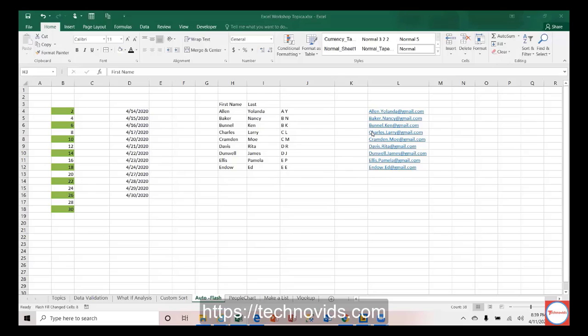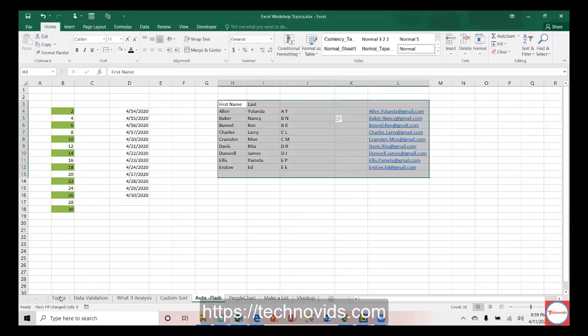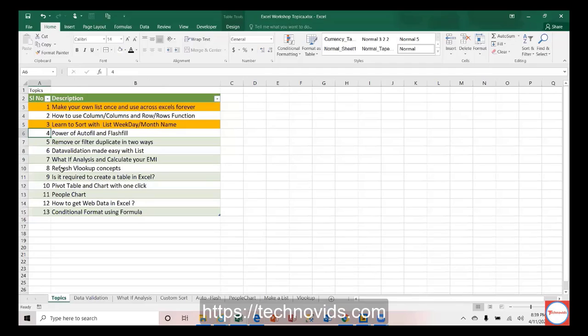That is also possible. There are a lot of features available with flash fill, so kindly make use of this as well, which is a very useful feature for everyone.